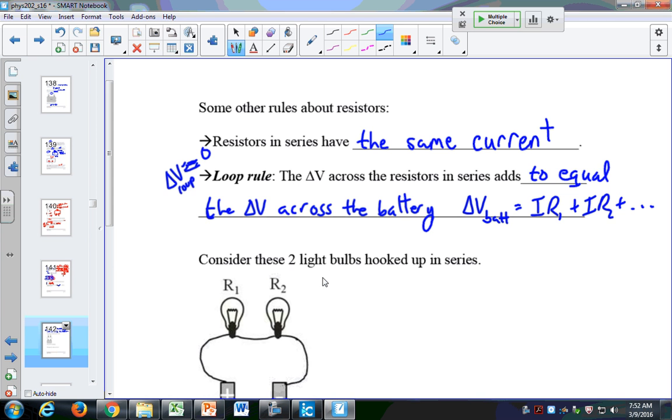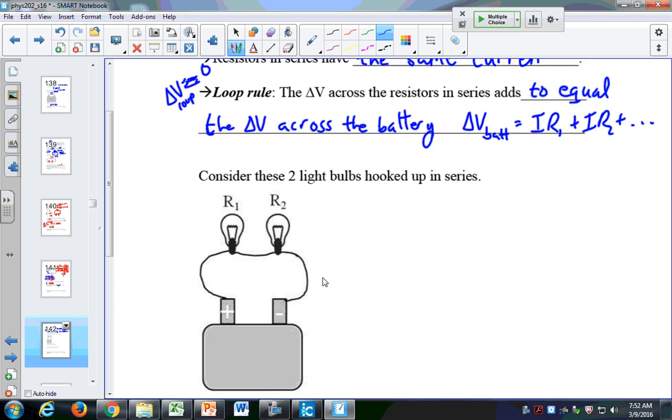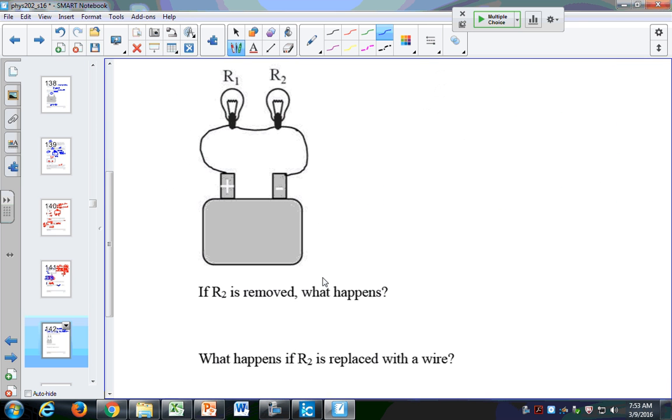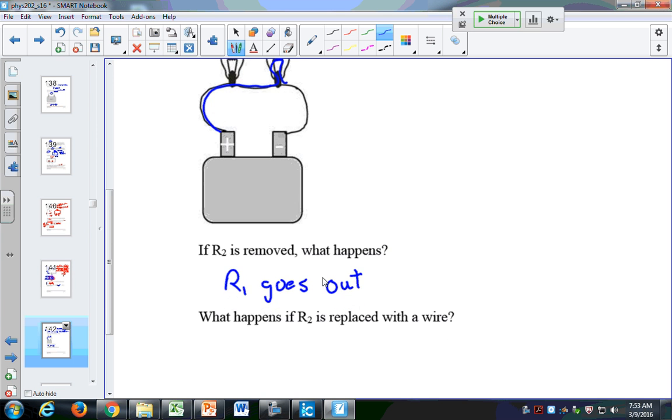So if I do take out R2, R1 goes out. Because I just have a broken circuit, right? The current comes along here. If I take out this one, that means that the current can no longer go through that filament in the bulb. But if I replace it with a wire,